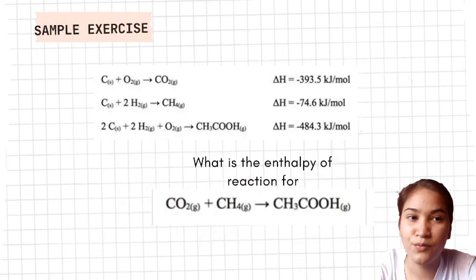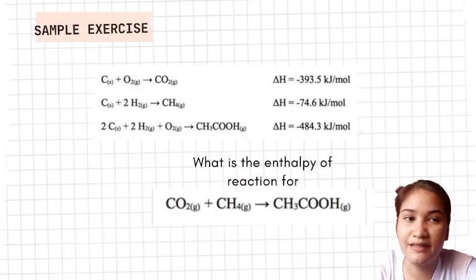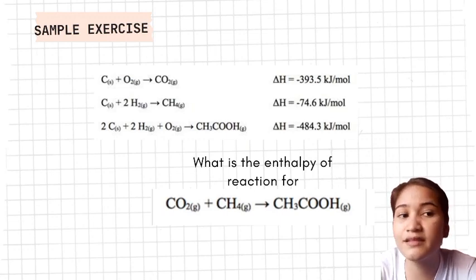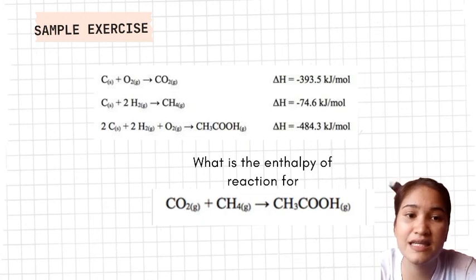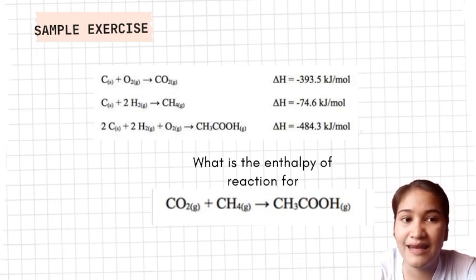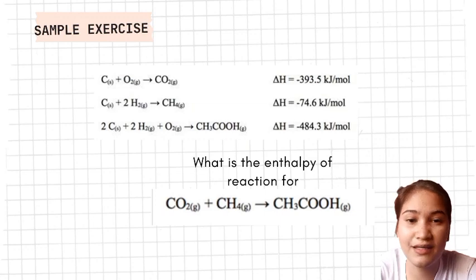Carbon dioxide decomposes to carbon and oxygen, and the enthalpy change in this reaction is 393.5 kilojoules per mole. Our next reaction is methane decomposes to carbon and hydrogen with an enthalpy change of 74.6 kilojoules per mole. Lastly, carbon reacts with hydrogen and oxygen to produce acetic acid, and the enthalpy change for this reaction is negative